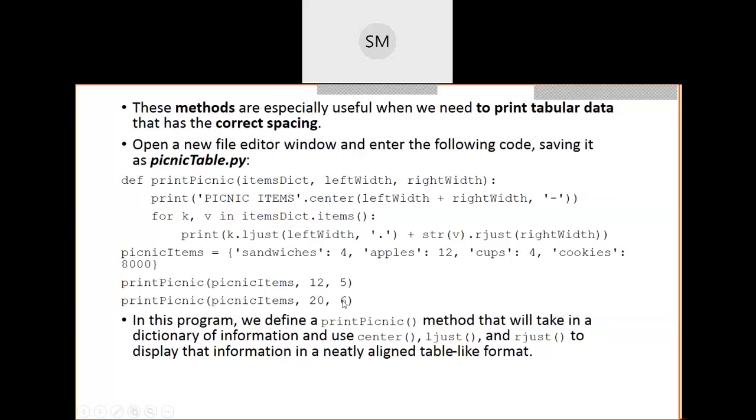And in this program we have not used any other methods. We are just focusing on these alignment or justification methods, that is center, ljust, and rjust. Only these three functions we are focusing on here. Okay, then see the next topic: